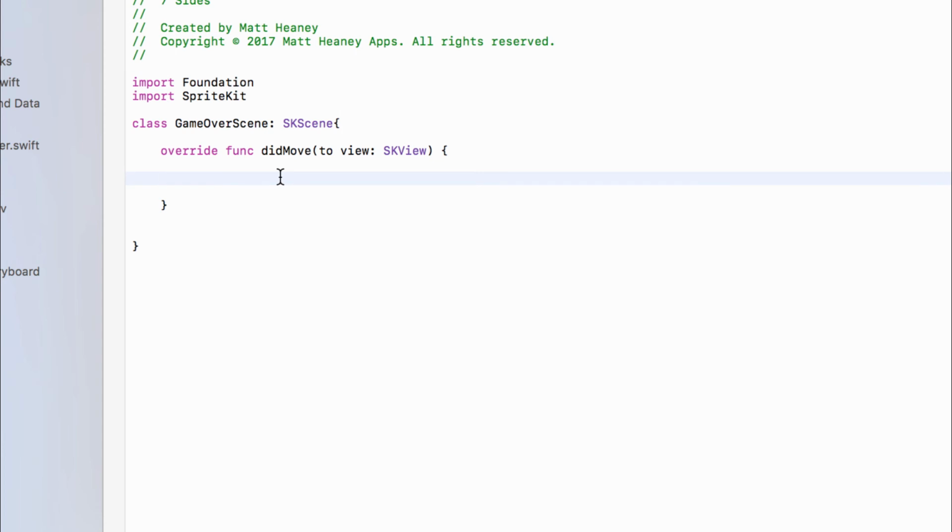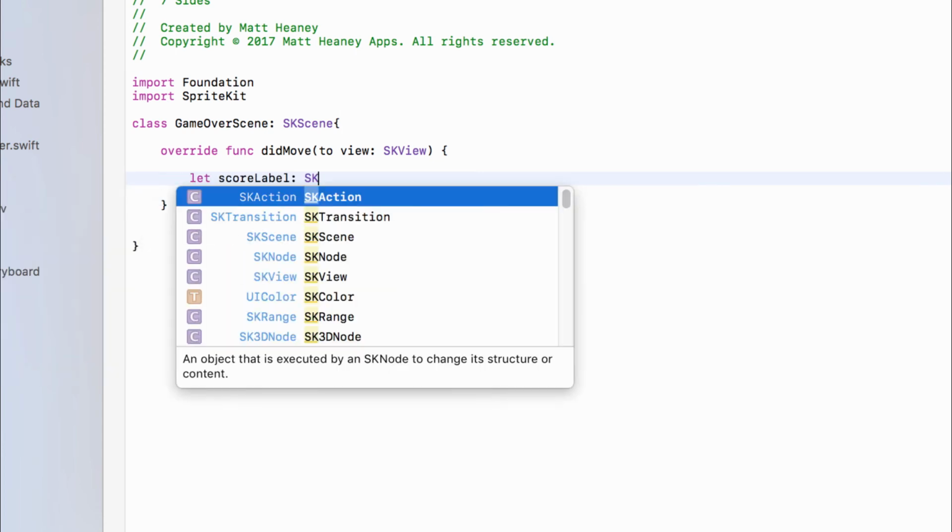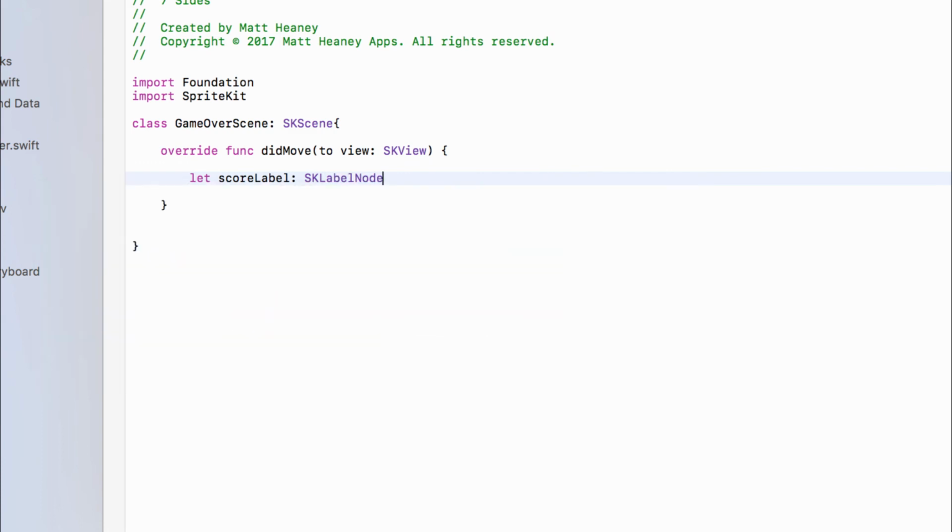So what we will do, in the did move to view, we will say let score label of type SK label node. So we've declared a new constant called score label, which would be an SK label node. And we want to link this here up to our label in our SKS file. And to do that, we say to our code, go look at all of the objects on this scene, find us one with a certain name and set that to this score label constant. We can then affect this score label constant and affect the label. So we will say equals